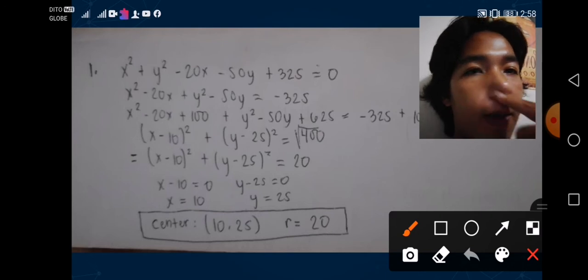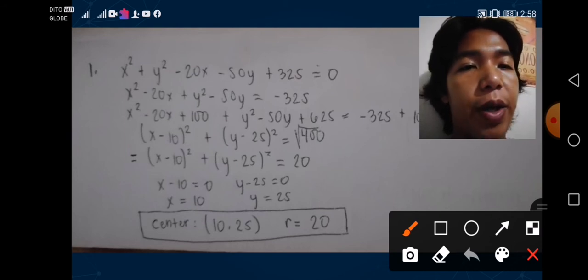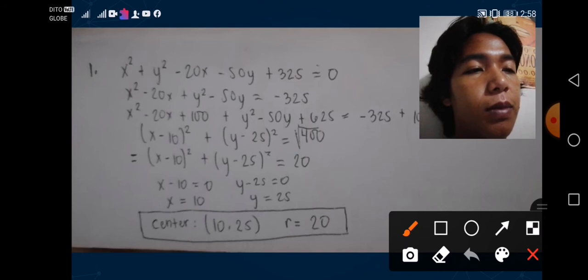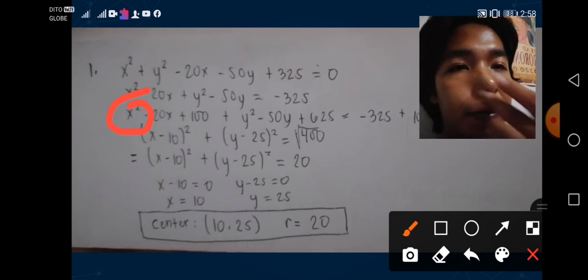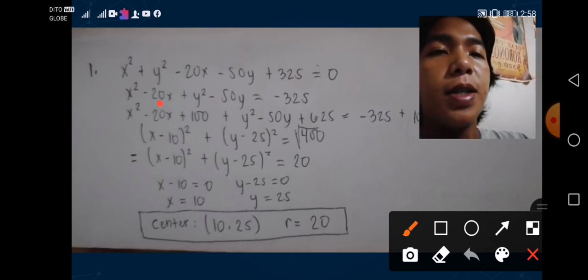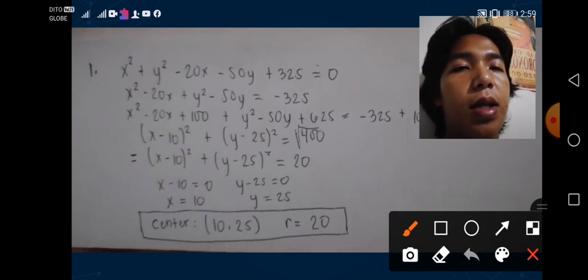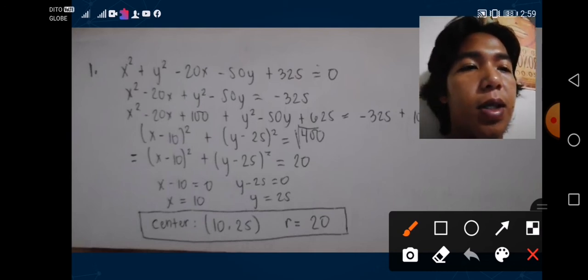So x minus 10 squared, quantity x minus 10 squared. We can get this by taking the square root of x squared. Then we can have x, then the square root of 100 equals 10. Copy the sign of the second, so negative. So quantity x negative 10 squared plus, just like this,